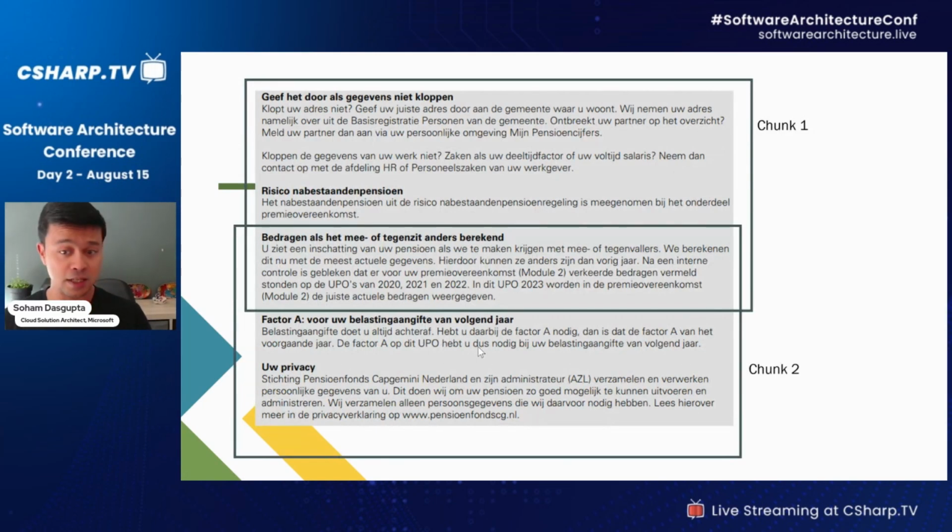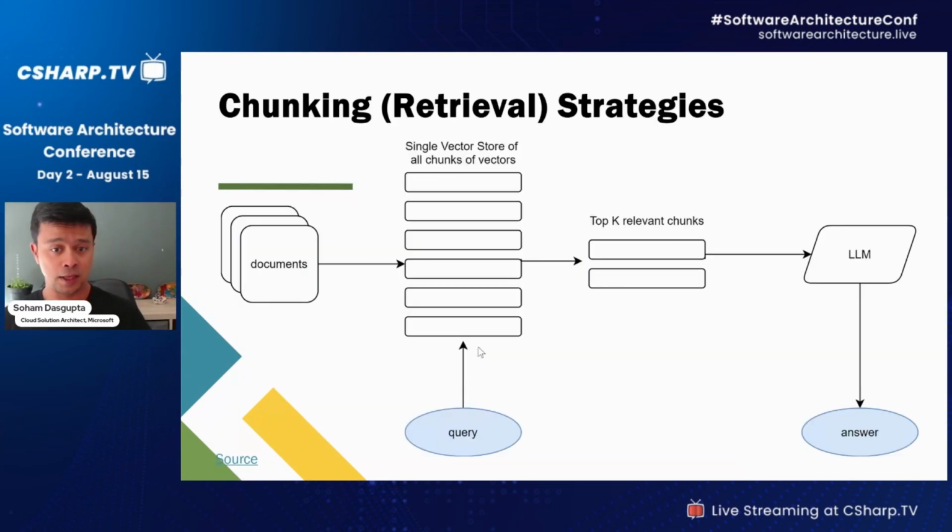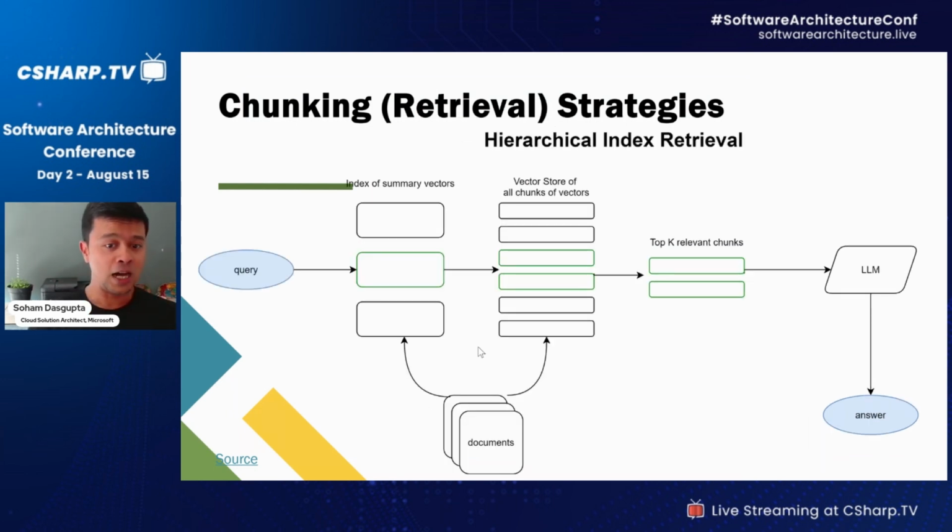So chunking is basically how you do overlapping. And this is a very naive retrieval strategy. You have documents, you create a single chunk vector store, then you do a search, you get the top K, and you return. Now comes a different variation of